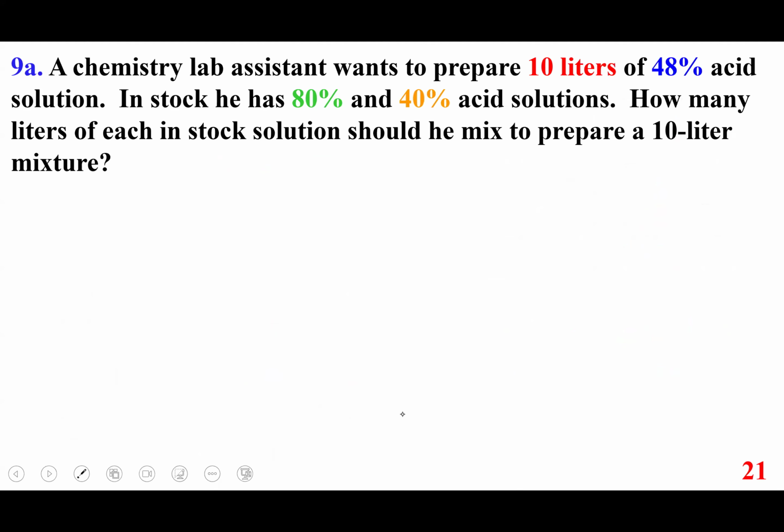All right, we are dealing with an application problem. A chemistry lab assistant wants to prepare 10 liters of 48% acid solution. In stock, he's got 80% and 40% acid solutions. How many liters of each in stock solution should he mix to get a 10-liter mixture? So this is a classic problem known as a